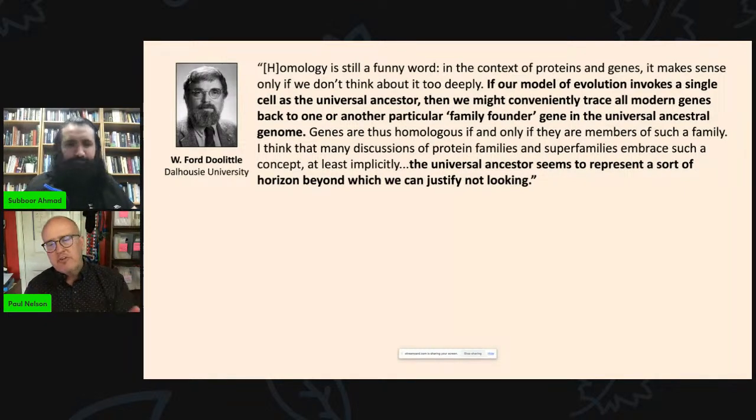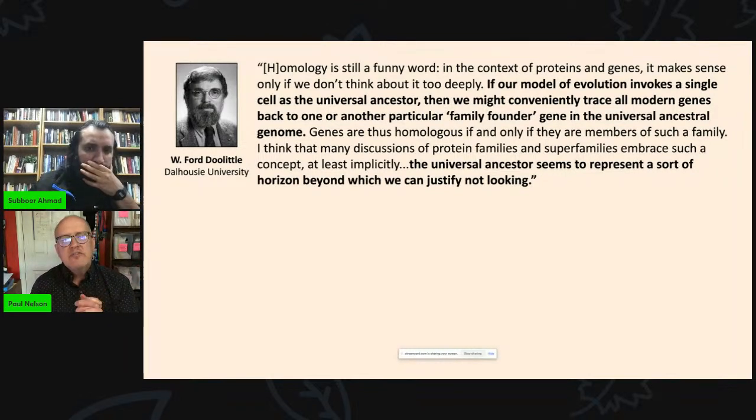And in an earlier talk, I described this as the homology horizon, where the protein folds that give you precise enzymatic reactions, for instance, polymerases,